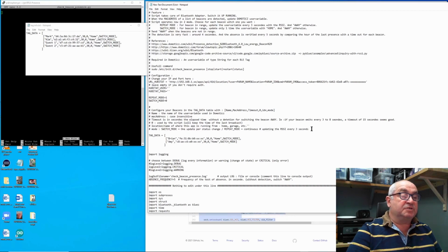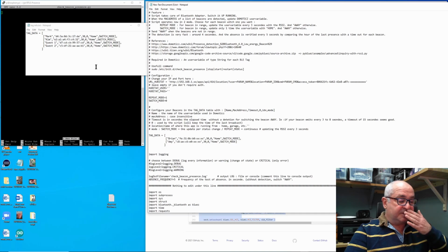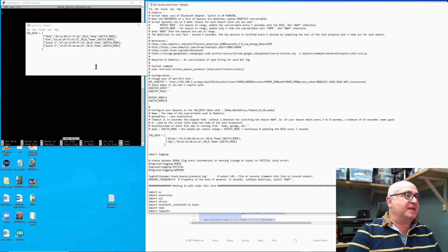You might be able to use that feature, I think, and use it to set various rules, but I'm not entirely sure. But it will use extra overhead on your Hubitat, so I don't use it. I keep mine in switch mode, because as I've got 4 tags and at the moment 3 monitors, soon to be 4, if they were all reporting RSSI data every 3 seconds, that would be a lot of information going into the Hubitat and using up its processor, so I don't do that. So what we need to do then for that file is delete this,